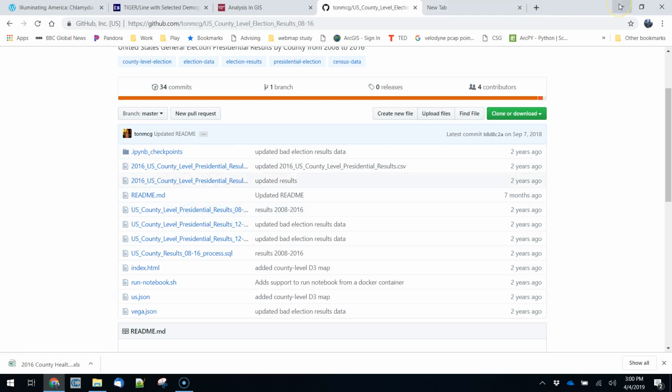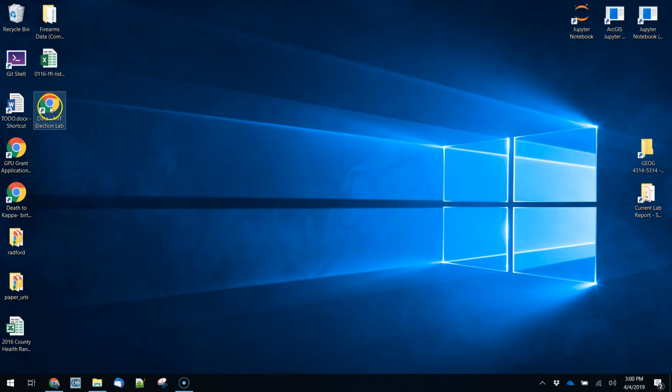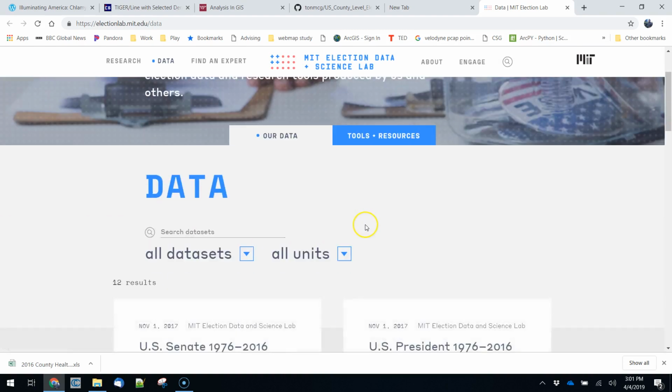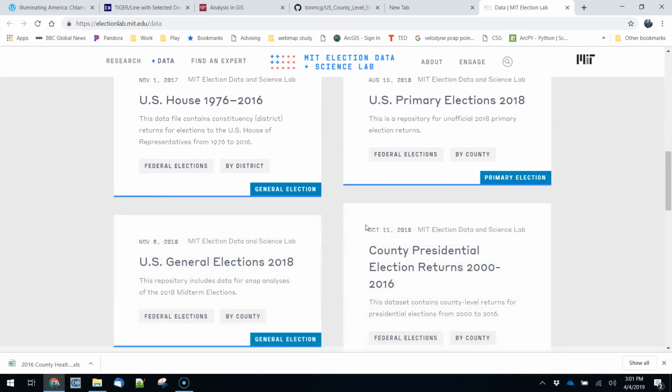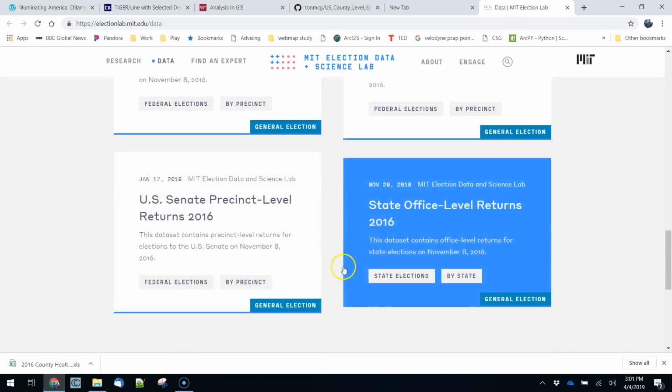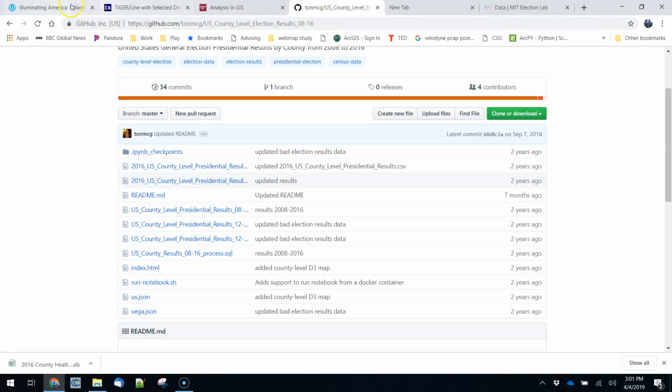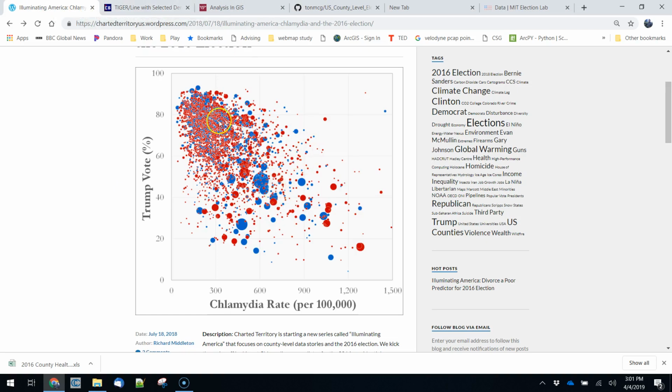There's also a website that MIT puts out that includes a number of different resources about election data. So you can certainly look through a lot of these and find what you're looking for that way. So that's another nice resource. And then the last bit here you'd need, because each of these points is color-coded by the state value, you'd also need state election results. So those are going to be the 4 pieces that I'm going to assemble. I'll pause the video here and put those together, and we'll talk about the analysis in the next section.